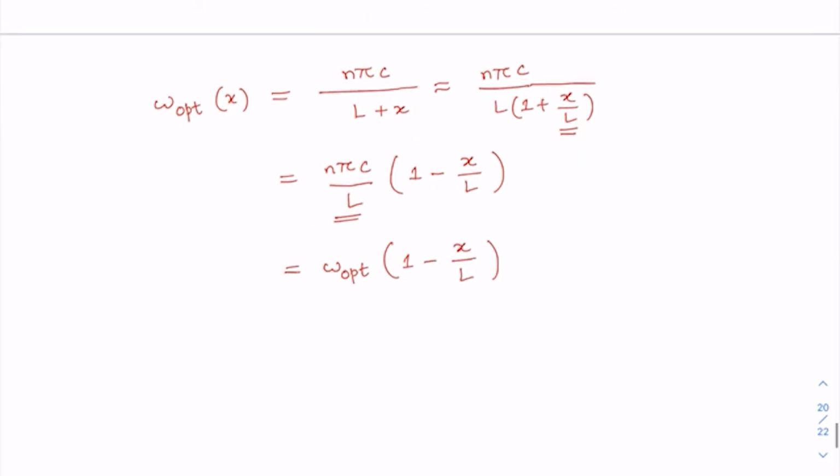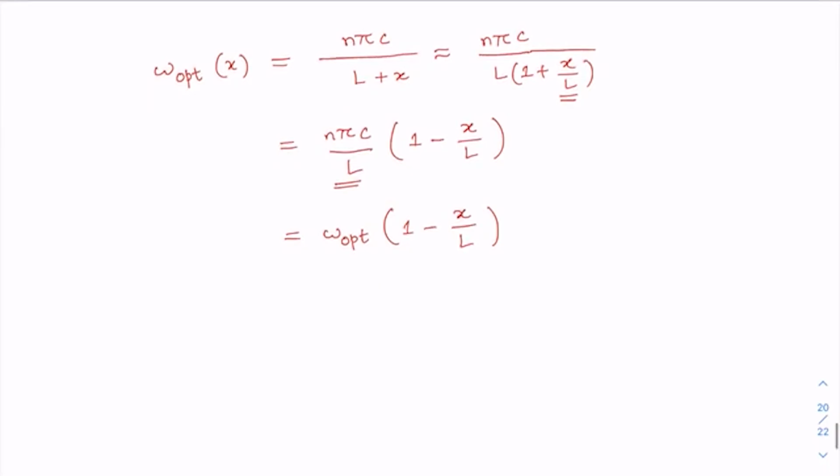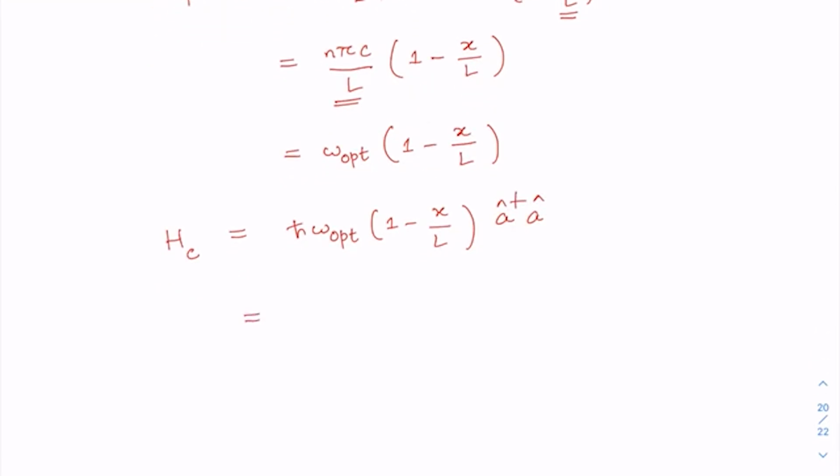So this will enable us to write this Hamiltonian for the cavity photon, that is Hc is equal to h cross omega opt 1 minus x by l a dagger a, and this I can further write divide it